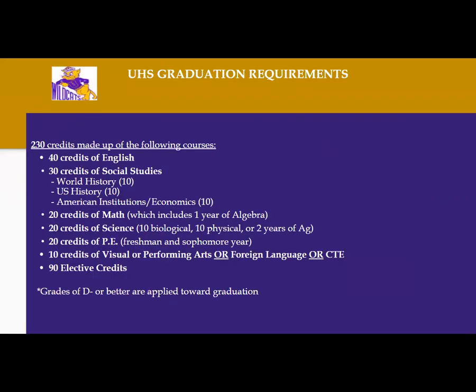As you can see here, to graduate from Ukiah High School, you will need to complete 230 credits. Classes are each worth 5 credits per semester, which is 10 credits per year. This includes 40 credits or 4 years of English, 30 credits or 3 years of social studies, typically world history, US history, and American institutions, 20 credits or 2 years of math, which includes 1 year of algebra,